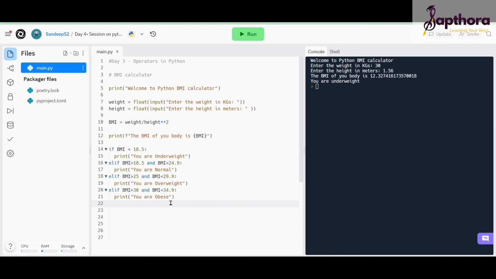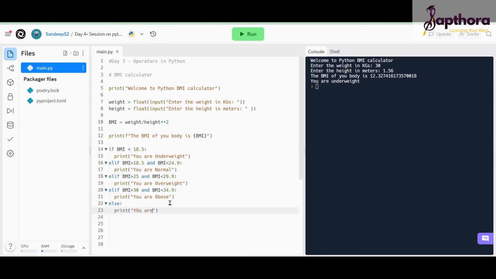So in that case, what I'm doing is I'm just printing else. So if else, right? We have introduced multiple conditions. You can also use only one condition and else, or you can use multiple conditions and else. After checking all these conditions, if the BMI still does not satisfy any of them, then you have to go to else and then print